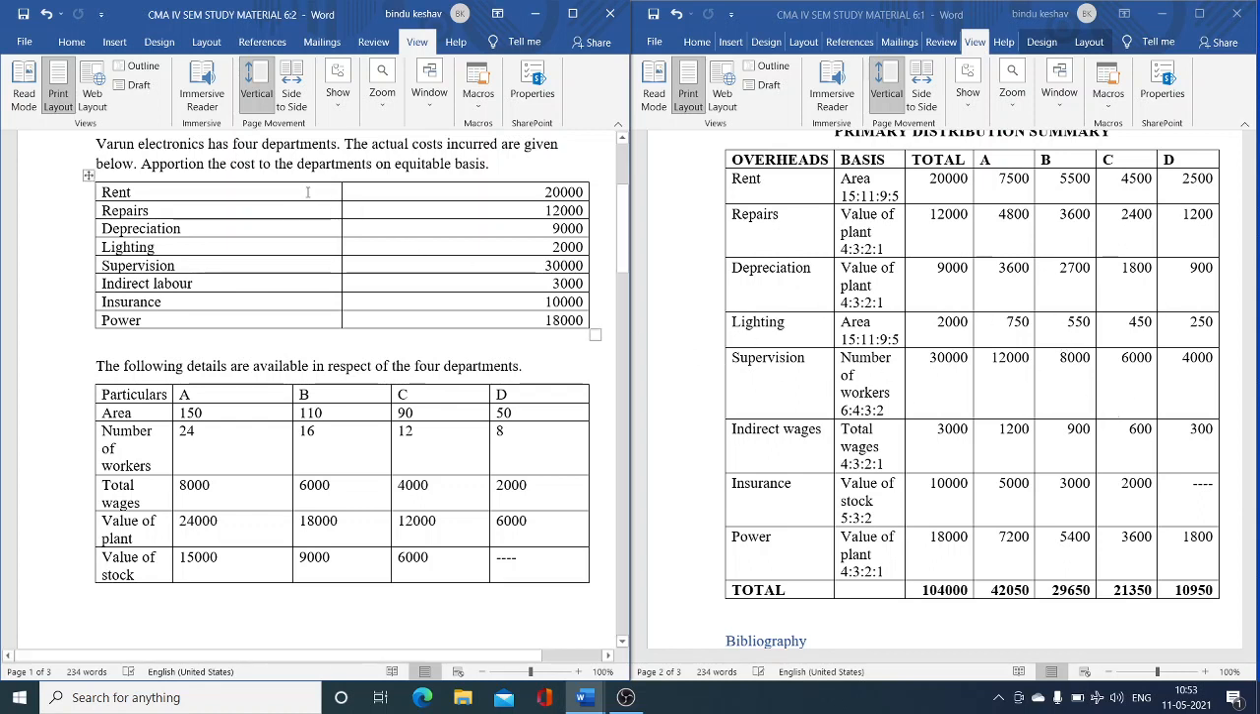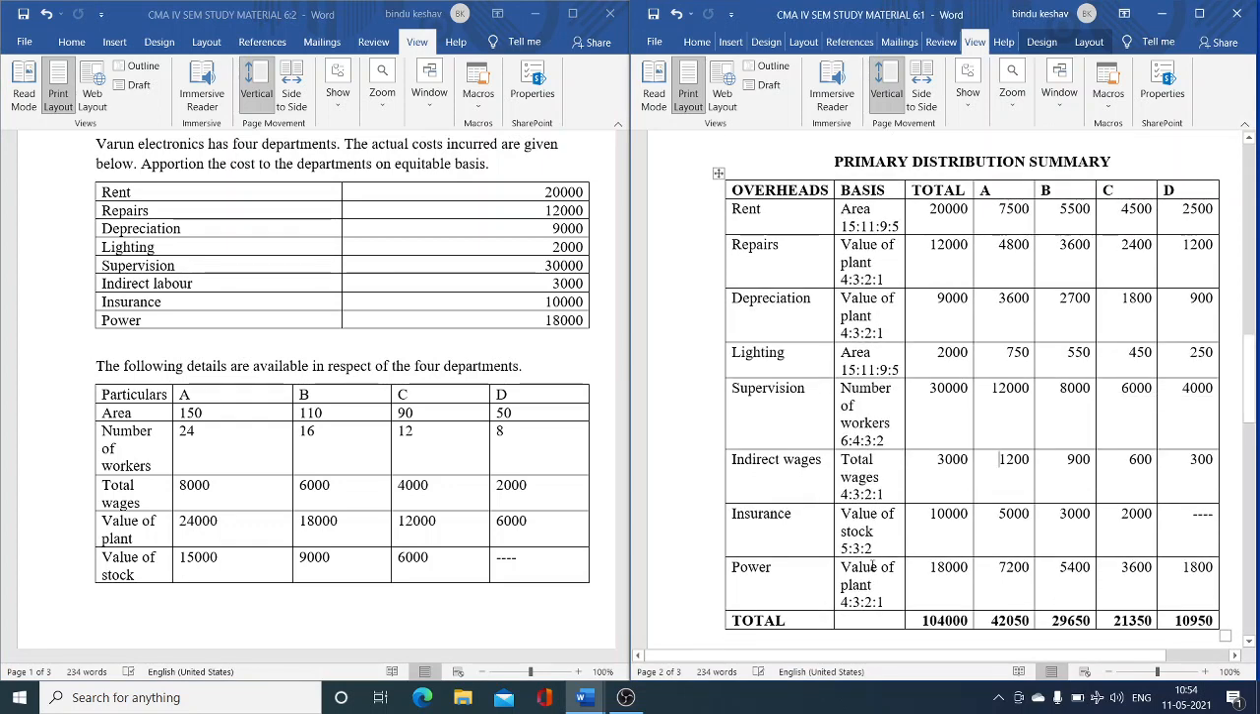So we have the information about the different overheads, and we also have the information about the basis of apportionment. Now we have to decide which is the basis for which item. For example, rent is based on area, repairs is based on value of plant, depreciation is based on value of plant, lighting would be based on light points, but that information is not available, so it is based on area. Supervision is based on number of workers, indirect wages is based on total wages, insurance is based on value of stock, and power is based on the value of plant. With this, we have distributed all the overhead items to the different departments on an equitable basis, and the last